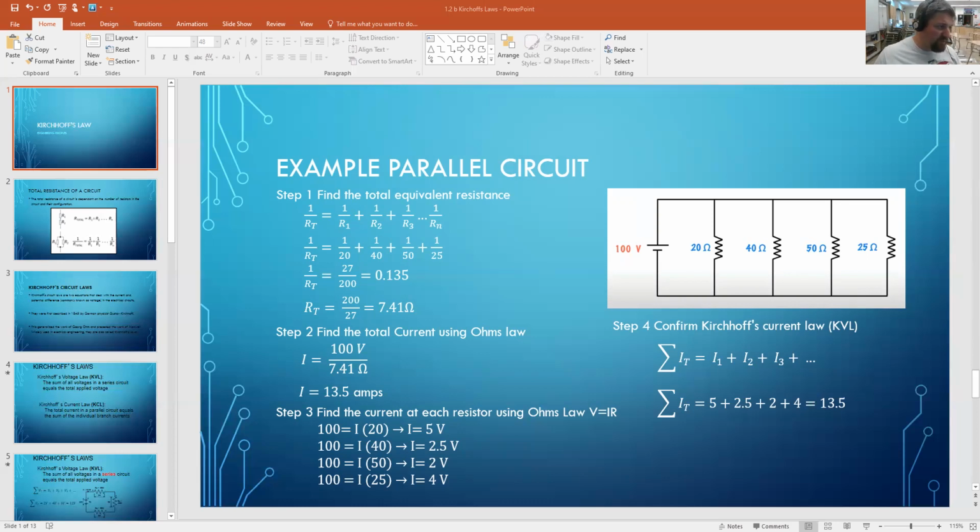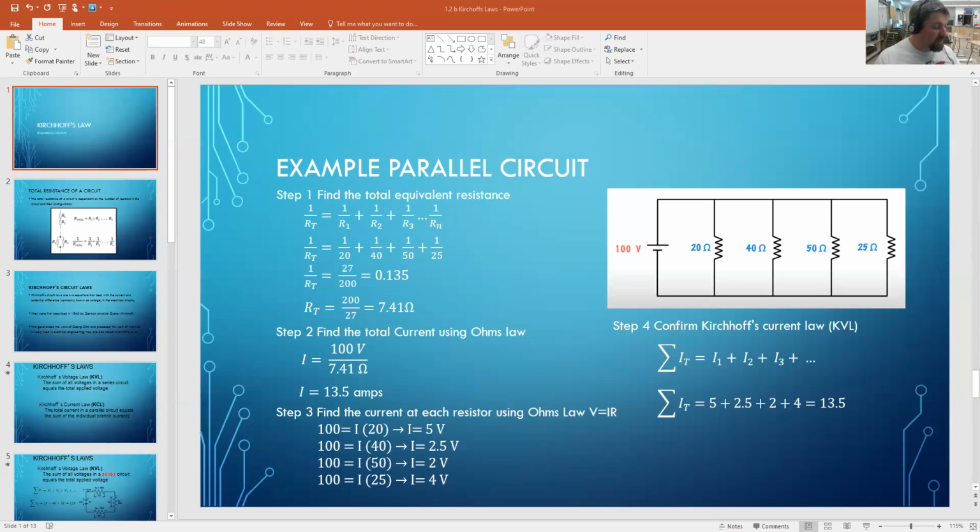So I need to flip this fraction. If I flip this fraction, I have to flip this. When I do something to one side, I have to do it to the other. So I'm going to flip this, put the R total up top because I want that in the numerator, and then I'm just going to do 1 over that number. So that again is also going to flip my fraction. So instead I have 200 over 27, or 7.41 ohms total. So that's my total resistance. That's if I took all of these and replaced them with a 7.41 ohm resistor, it would work exactly